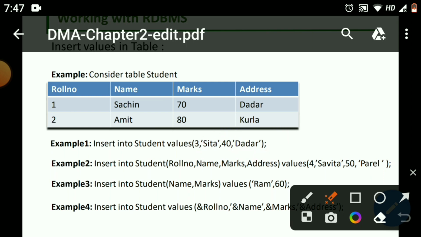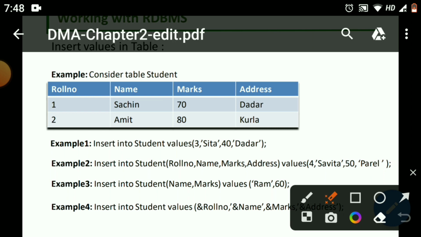The other way of inserting data into a table is we'll write insert into table name, then we'll write all the column names, then we'll write values. After that we'll write whatever data we want to insert. So this command will insert 4 in the roll number column, Savita in the name column, 50 in marks and Parel in address.